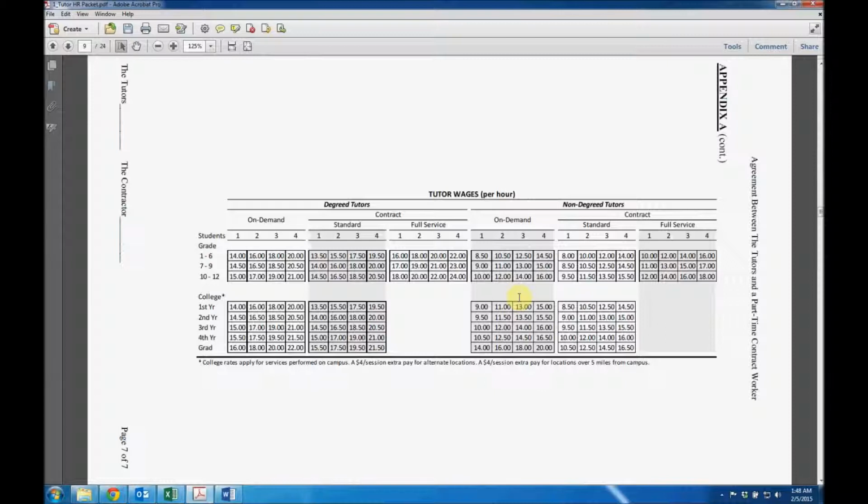The way to read this table is we have tutors that are degreed, they have a bachelor's or above, and tutors that have not completed a bachelor's yet. This column here is the number of students the tutor is helping at one time. Some students like to hire a tutor in groups of 1, 2, 3, or 4. So if the non-degree tutor, for example,